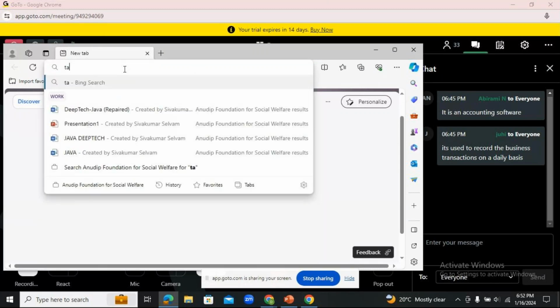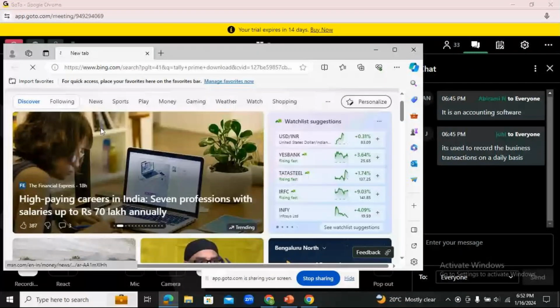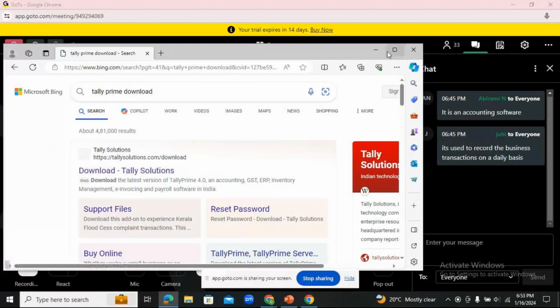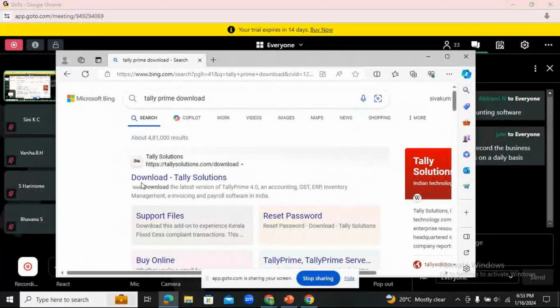That's enough. If you have the TallyPrime download, you can see the first link there, Download. It's the official website where we can download the TallyPrime software. Yes, this is the first link. It is the same in Microsoft Edge also. There you can type the same thing, TallyPrime download, and click on the first link, Download Tally Solutions. Can you see this? Just click on that.